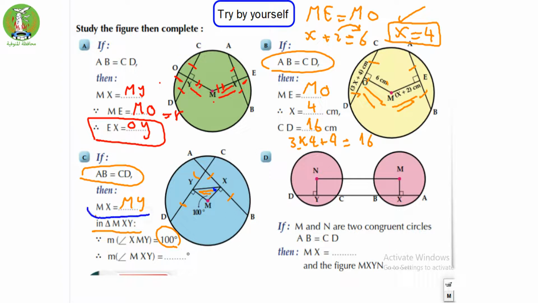From the previous relation, MX equals MY, then triangle MXY is an isosceles triangle. And we know that in an isosceles triangle, the measures of the two base angles are equal. Then measure angle X equals measure angle Y. Since measure angle M equals 100 degrees, then measure angle X equals measure angle Y